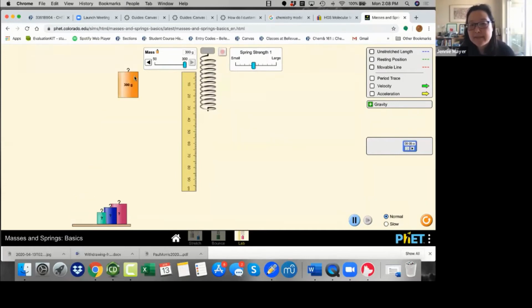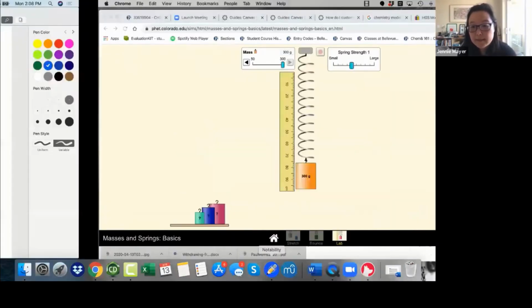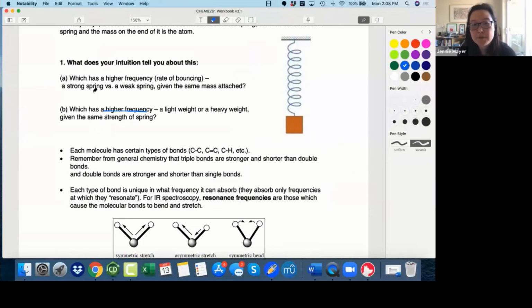And now let's say I have something heavier. Can you guys see how that's going to be different? I'm going to let go, and you're going to see that it's a lot slower. So the frequency does change with both of these things. The strength of the spring matters, and so does the mass that's attached to it. For the first one, the higher rate of bouncing was from the stronger spring. And from changing the mass, we saw that the lighter weight is going to allow for faster, higher